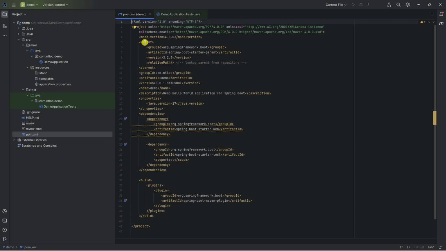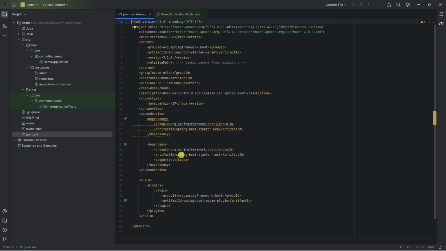As you can see, we have the parent here with the Spring Boot version 3.2.3, group ID, artifact ID, and the version as well. For the properties, we chose Java 17, and we also chose the dependency Spring Boot Starter Web.